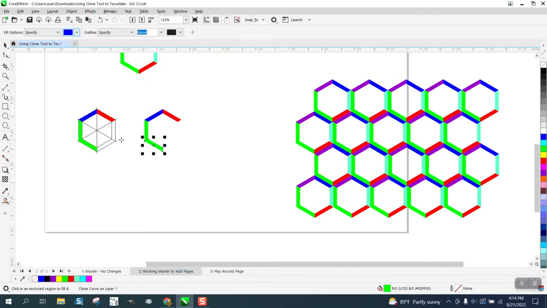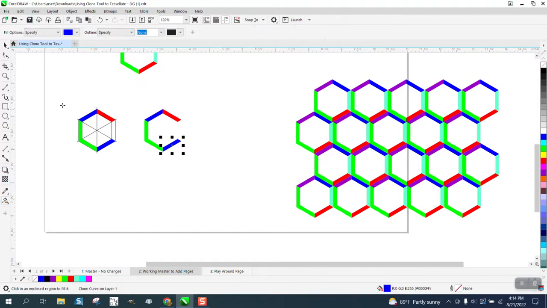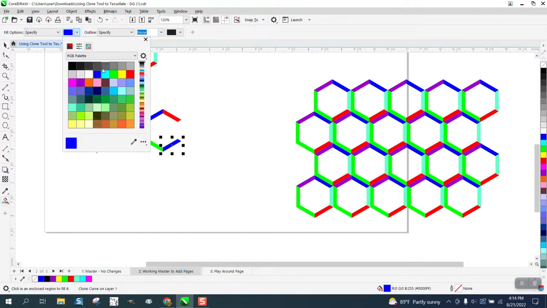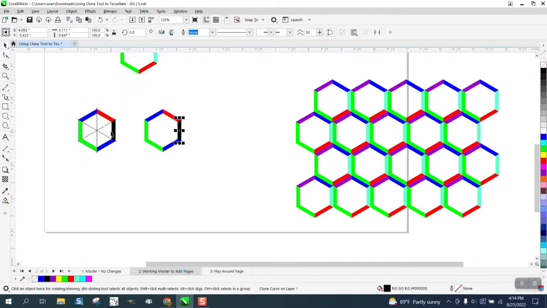I think I've already got blue, but we'll make this one blue. So I'm hitting the escape key and then I'm moving it over. And let's just put black. Escape, and there we go. So I've made a clone of all this stuff,